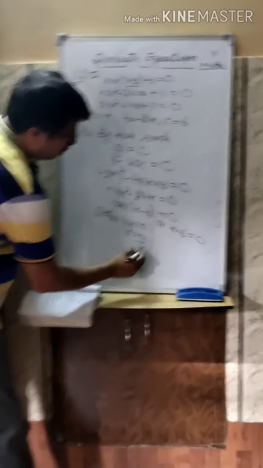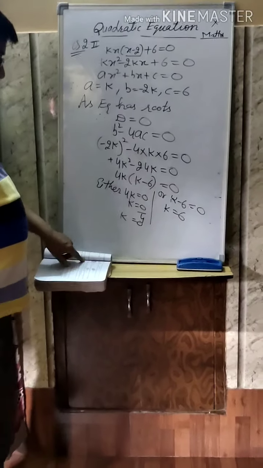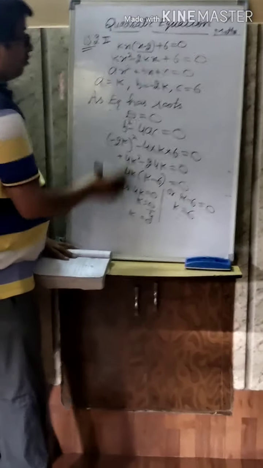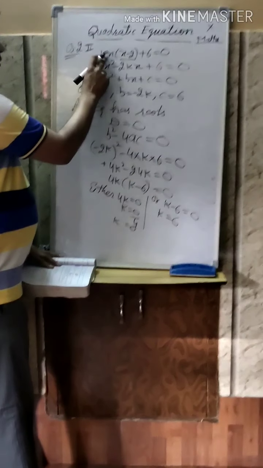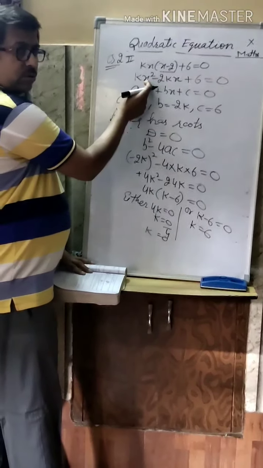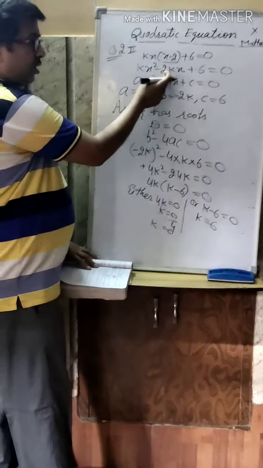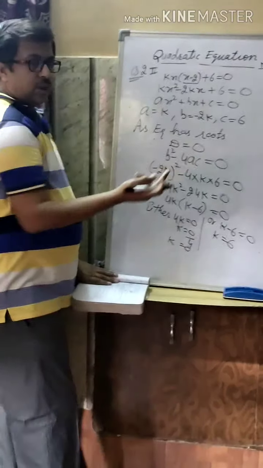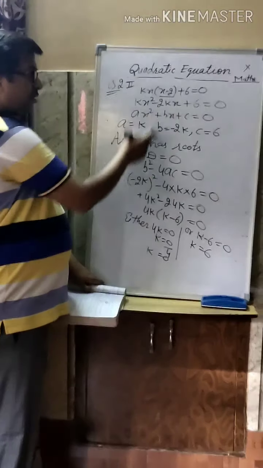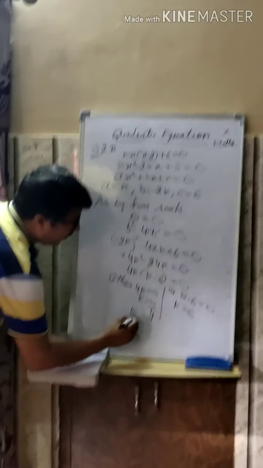So what will we say? Here k is equal to 6. So my dear students, two values are there. Now if I take k equal to 0 and put 0 here, the first term is complete 0. So the linear term is also 0. It is not any equation. So it is not the correct equation if you take k equal to 0 in this. So what do you say? It is rejected.